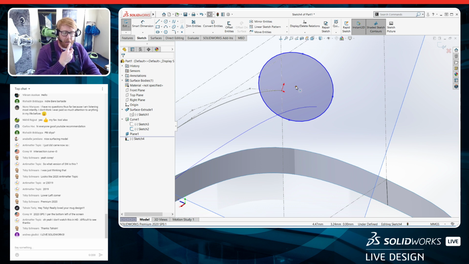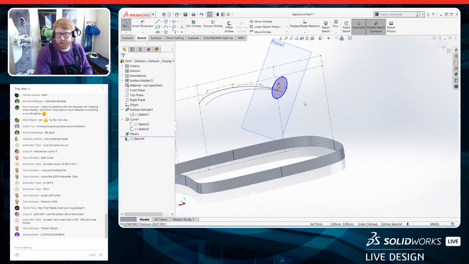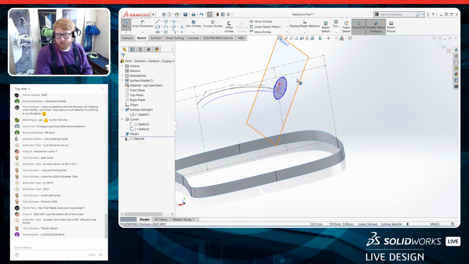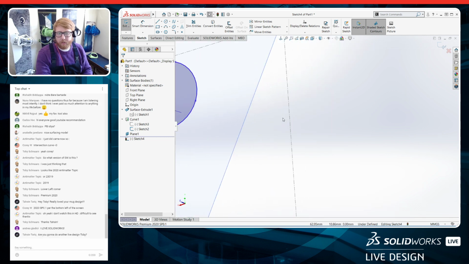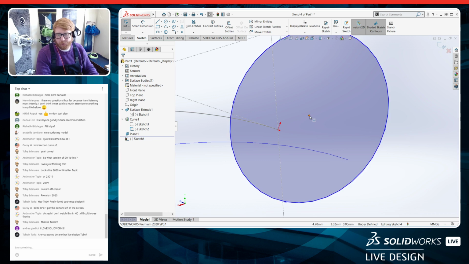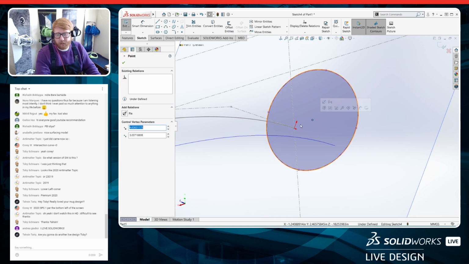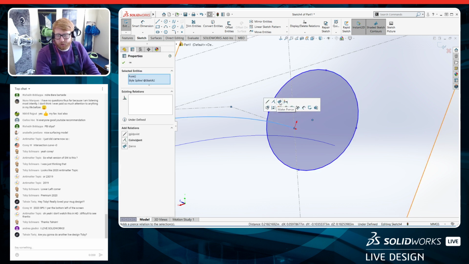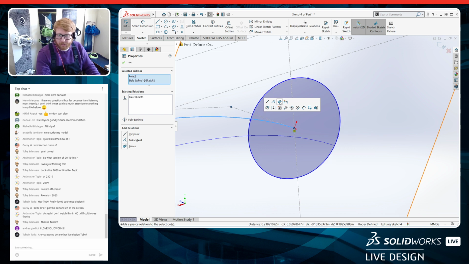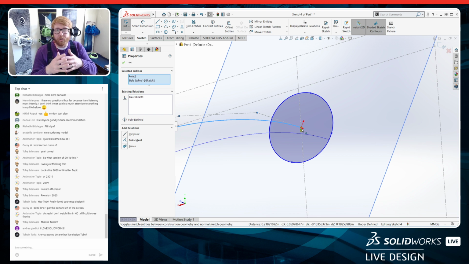If you got to see Toby's coffee cup model a couple weeks ago, he used the Pierce relation there, and he did a really cool thing where he actually drew an arrow. He was pointing out that the Pierce relation is for when a line pierces through a plane. Full disclosure, I could absolutely add a coincident there and it would work, but one of the added advantages is when I do a Pierce relation by selecting the line entity and also the point,